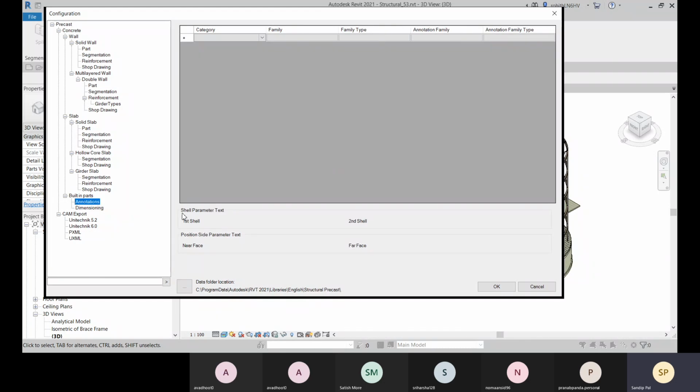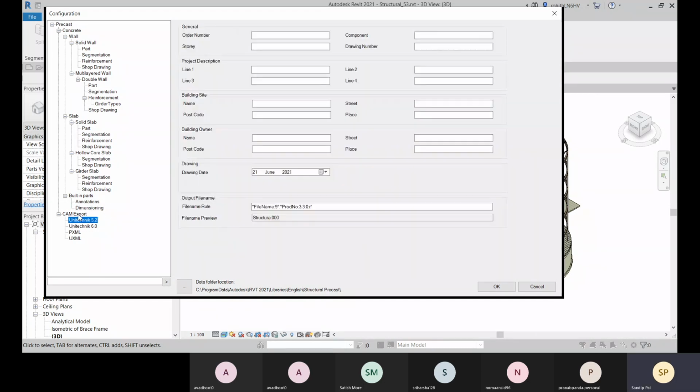Right now, nothing is loaded. And this is something for manufacturing related to your CAM. Okay, so these things you have to mention, all these details.